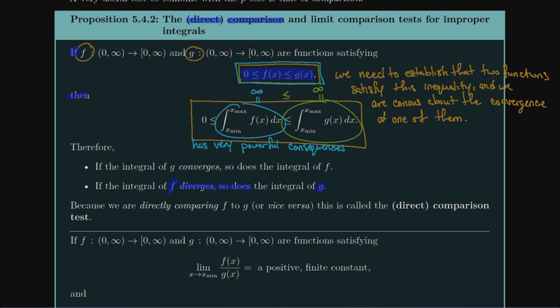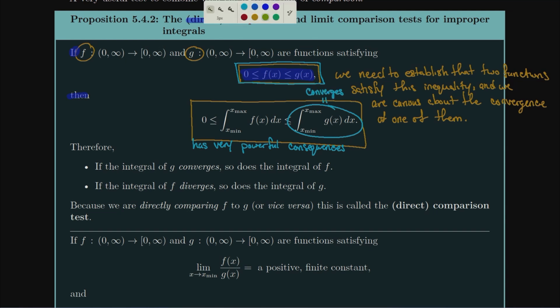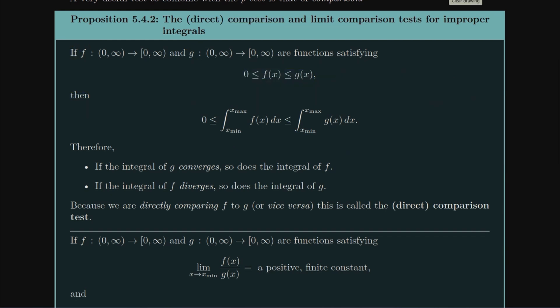You're going to be able to make a very similar claim in the case that g happens to be finite. Let's say it converges, because if I know that the integral of f happens to be smaller than something which is finite, then f would also have to converge. And so this is where the power of the comparison test comes into play. It lets you compare two functions as well as their two integrals together. Now you're going to have to make the choice on whether or not you want to test one function against something larger than it or against something smaller than it when you're actually dealing with these functions. And that's not always an easy thing to do.